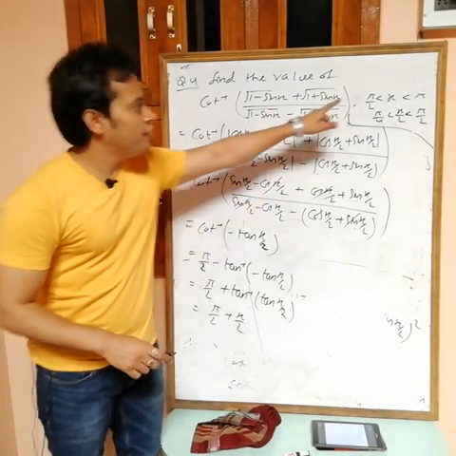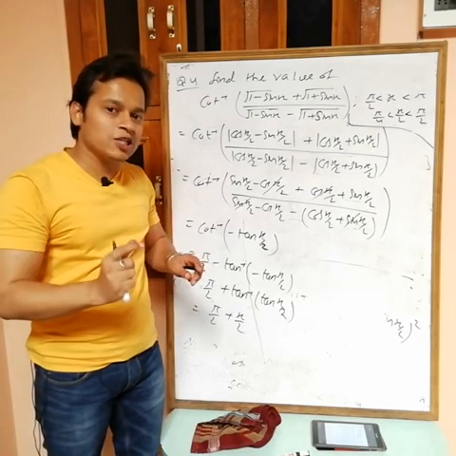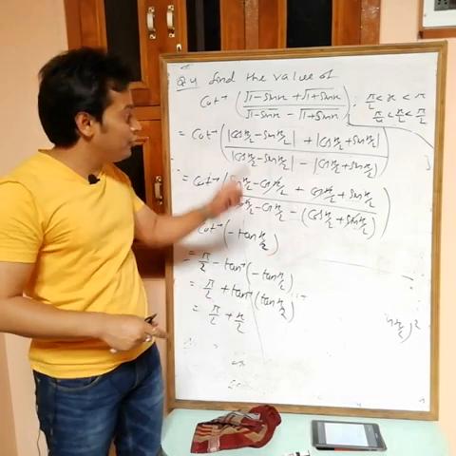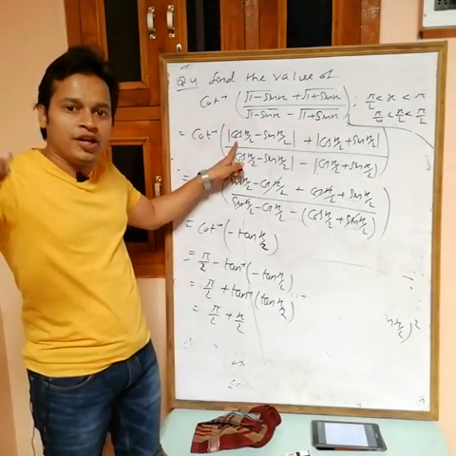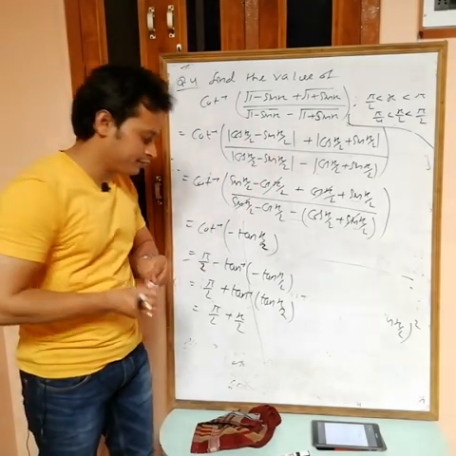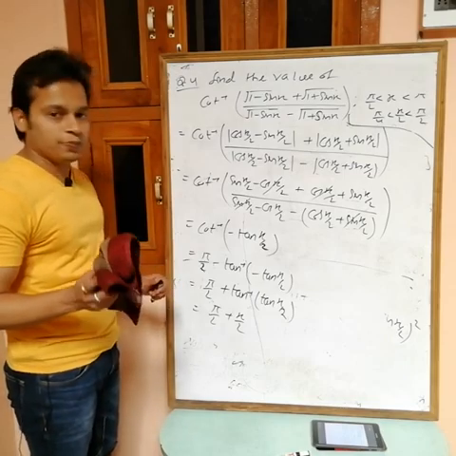Remember, if here it is given that x from 0 to pi by 2, then you will get x by 2 from 0 to pi by 4. If x by 2 from 0 to pi by 4, then cos is greater. For that case, you will get cos x by 2 minus sin x by 2. Then write down, the answer is pi by 2 plus x by 2.